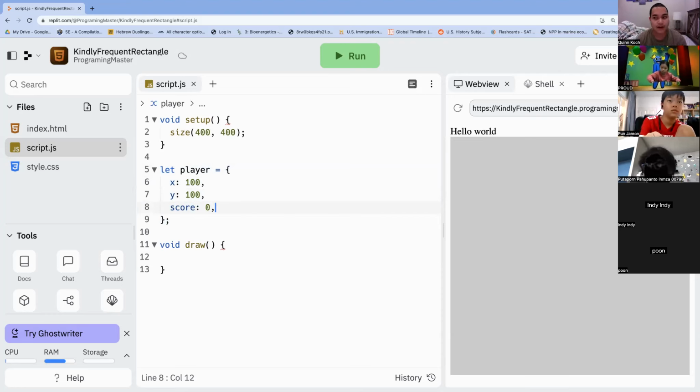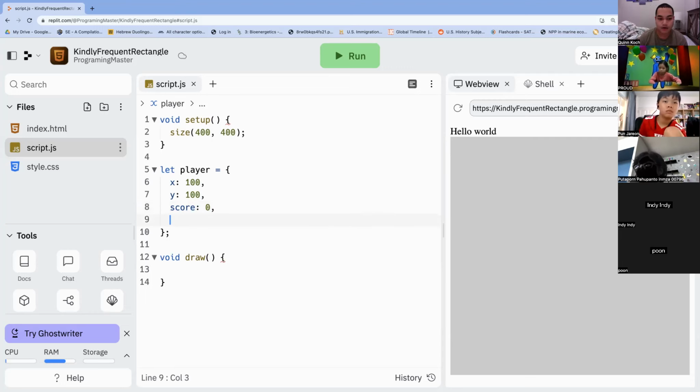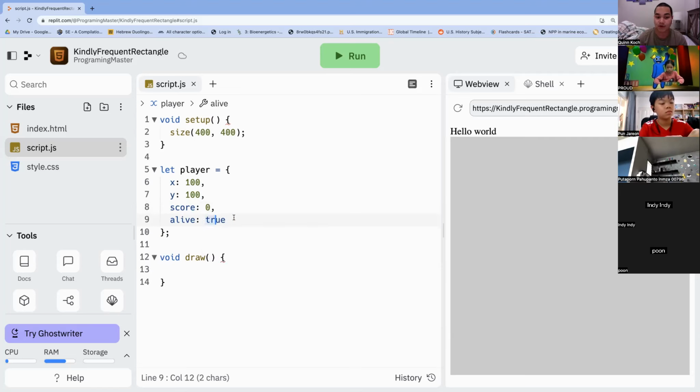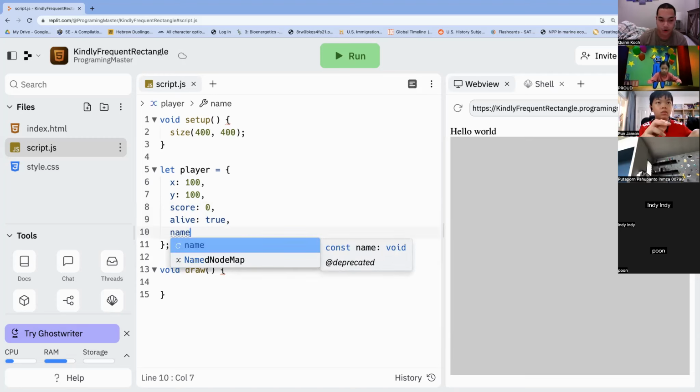What else does a player need? Maybe we can do a new line and ALIVE colon and then true. TRUE is a Boolean. And finally, how about comma, enter, and then name, NAME colon,